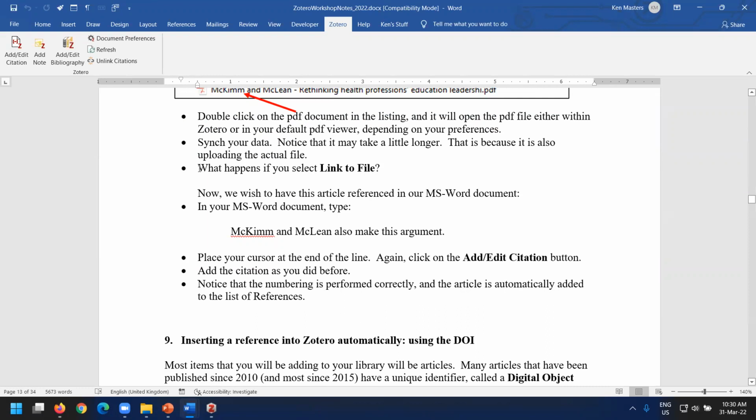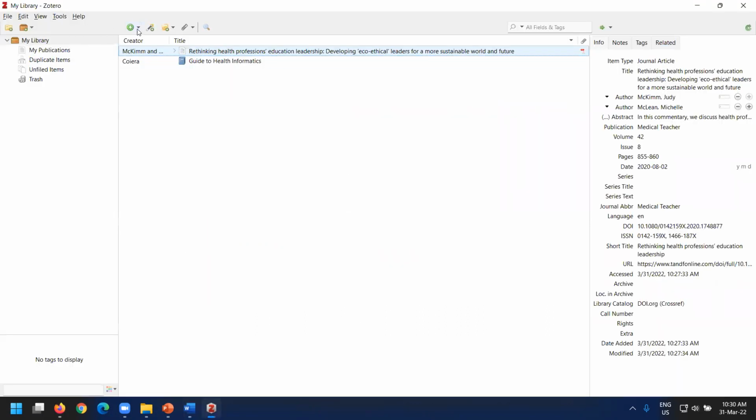And I do pose a question here. What happens if you had selected link to file? All right, so we just have a look at that. We have got store copy of file. If I'd said link to file, then it would still have everything here, but it would not copy the PDF